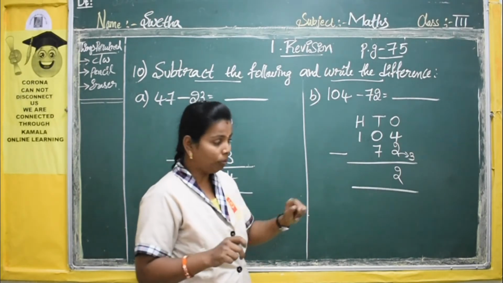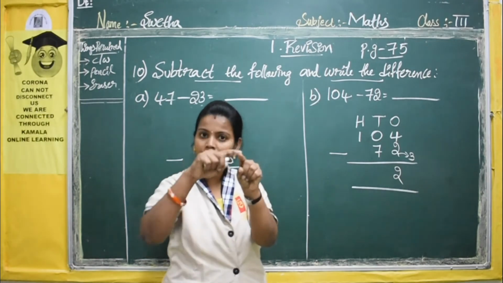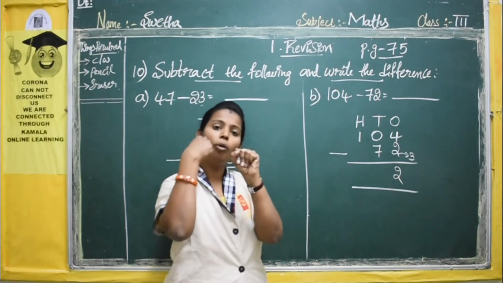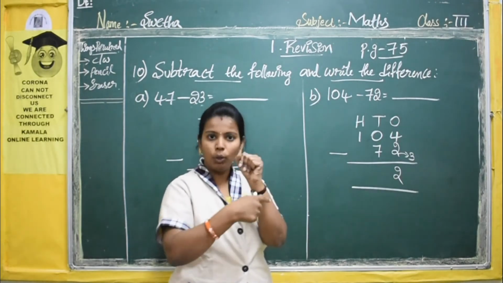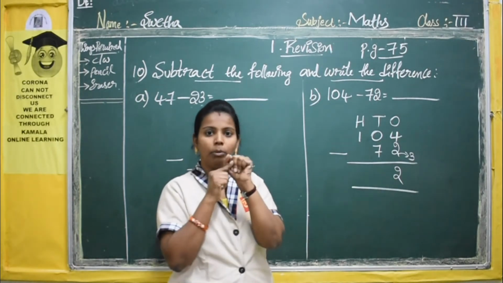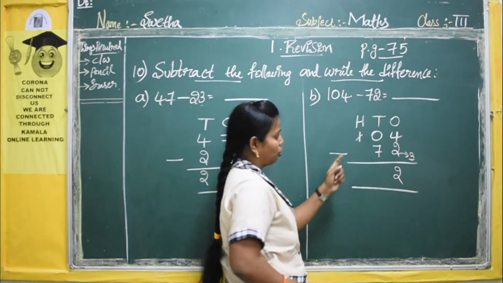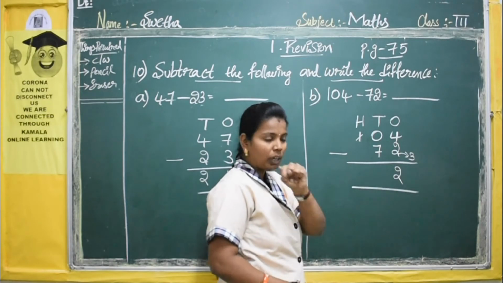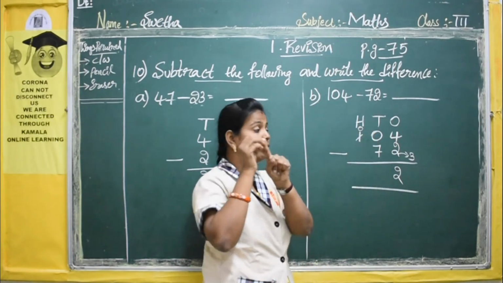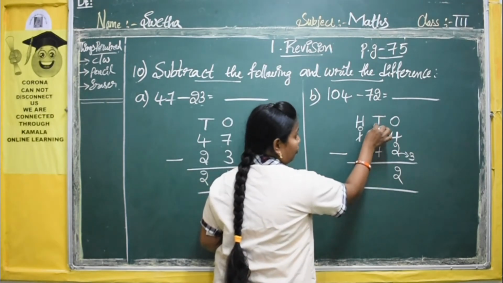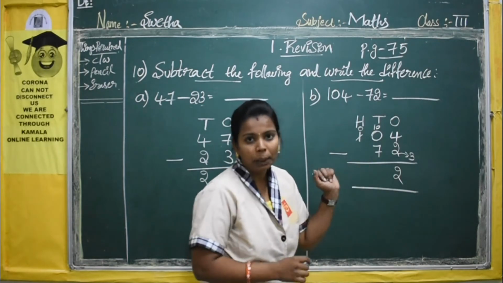Okay. So here you have 1. So from 1 you are taking 1 for help. So what do you have now? Do you have any fingers there, any numbers there? No, 1 is only there. 1 you have taken as a borrow. So how many are there? Nothing. So first you have to write that 1. So from 1 you are taking 1, so you will have 0 here. Okay. The 1 that you have taken, you have to write first, and the number that you have down there, you have to write next to that number.